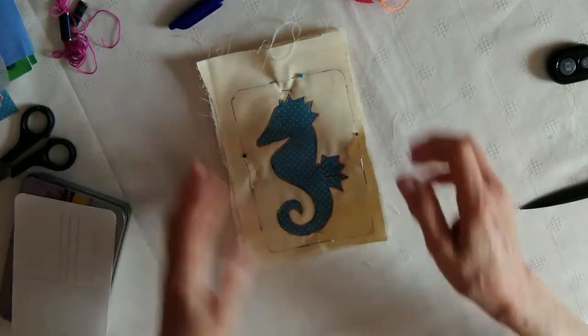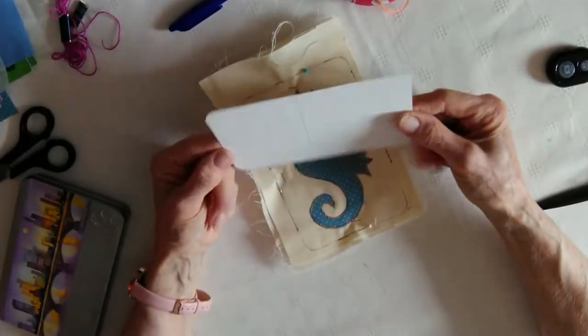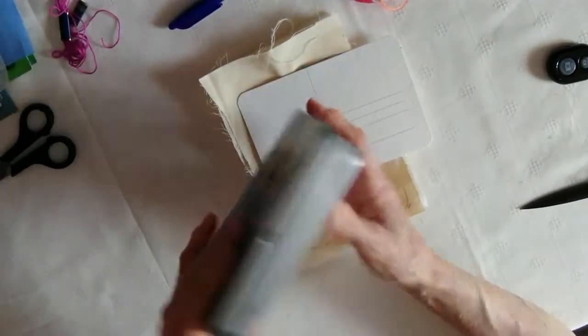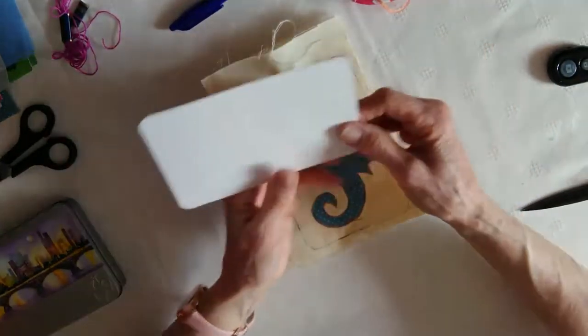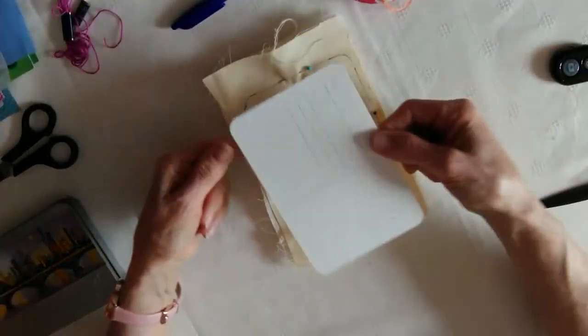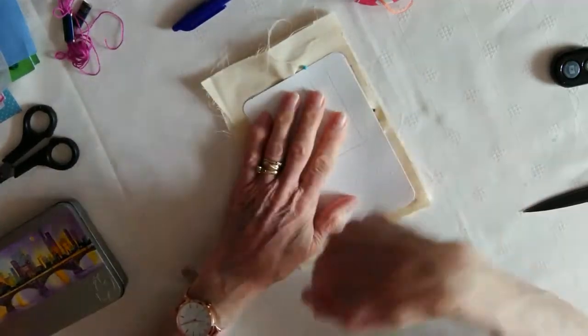Alright, what I've done with this is I've used one of these cards. It's a watercolour postcard, and you can buy them online at Amazon. They come in a nice little tin. This is the second tin of these that I've used, because I have used them for watercolour as well. But they're the right size. I quite like the rounded corners, so I've put it on there and drawn round it